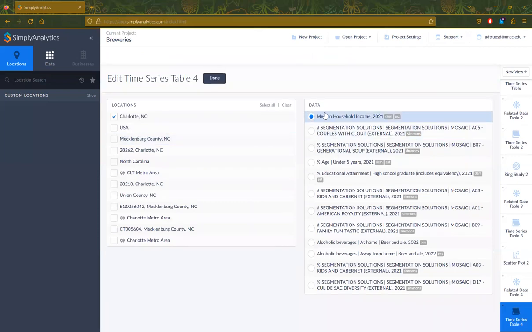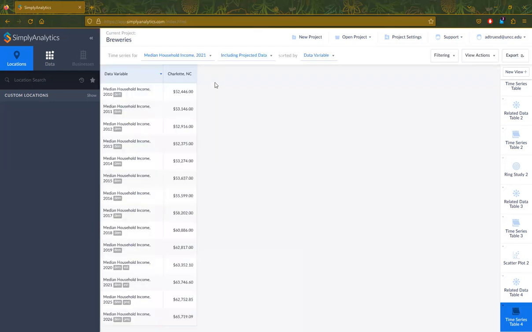I'm going to look at median household income. And what this will do is it will give you any time or year for that particular variable that SimplyAnalytics has in the database, it will give it back to you. So for median household income, we have this going back from 2010. So I can say in 2010, the median household income for Charlotte, North Carolina was $52,446. If I come up here and I go down to 2021, which is the most recent data we have,